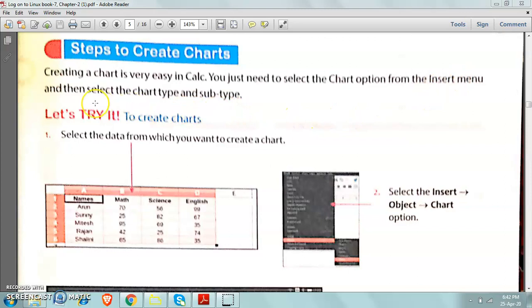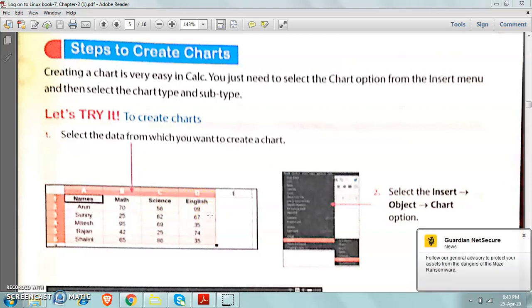Now come on and then select the chart type. Chart type here means the chart like bar chart, column chart, line chart, which chart you want for your data, and subtype. Let's try to create charts. First of all, you have to create a table, that is the data for which you are going to create a chart.